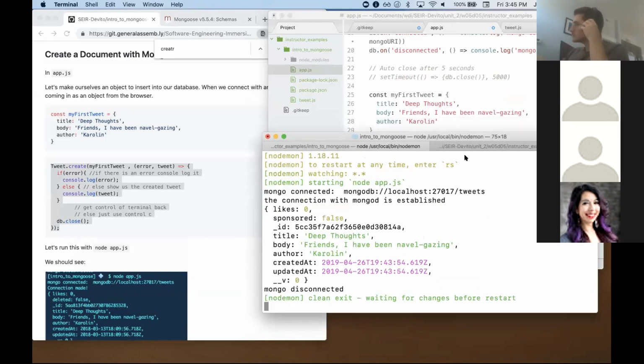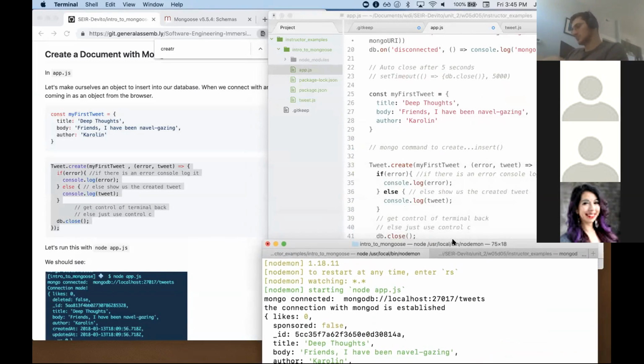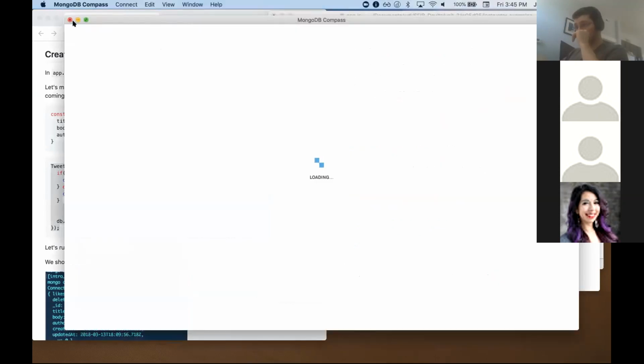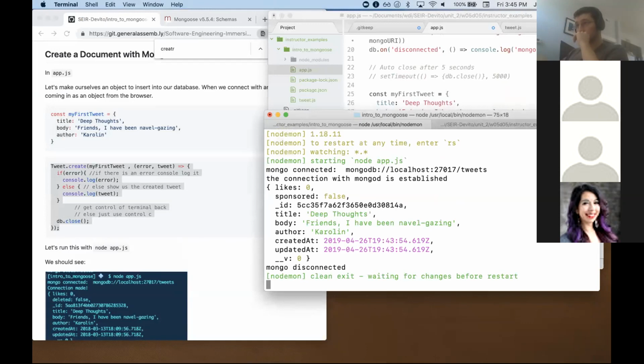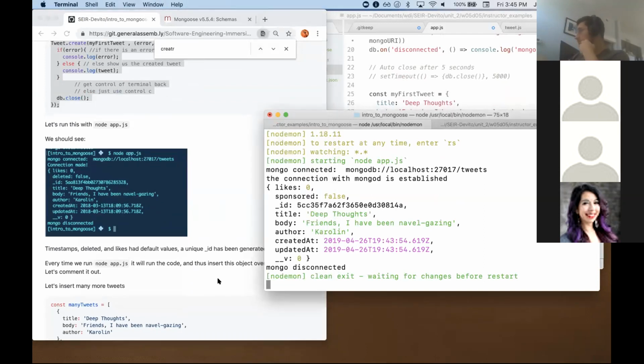Connect to Mongo. If you run the server, it runs, and we have our tweet. So I'm console logging the tweet. It's right here. Here's our tweet. Looks good. Okay. Tweets. Oh, sorry. Get rid of that. All right. It's good. Awesome. So let's move on. We should see this, and that's exactly what we see. Okay. Now,